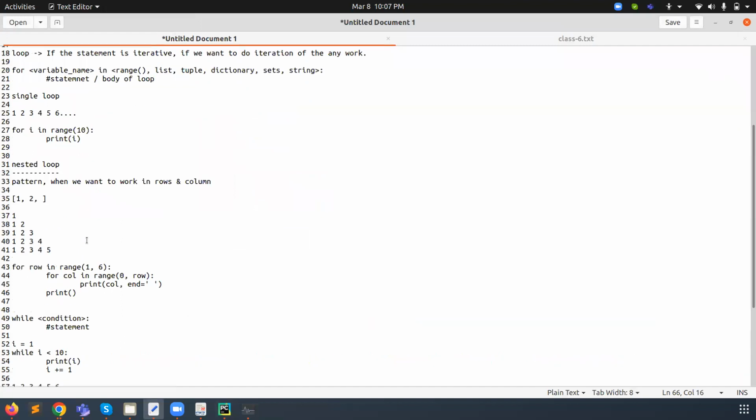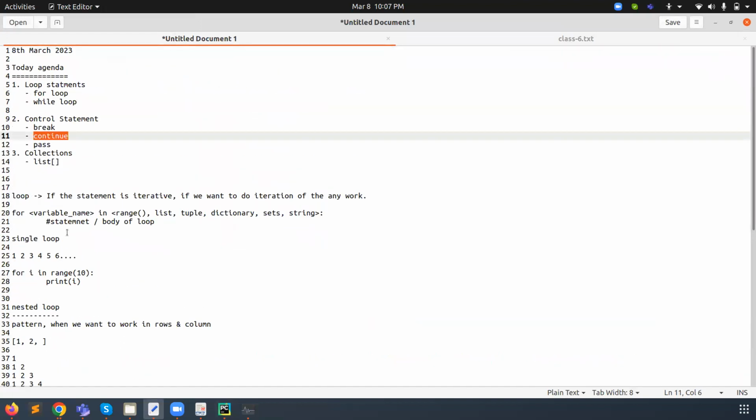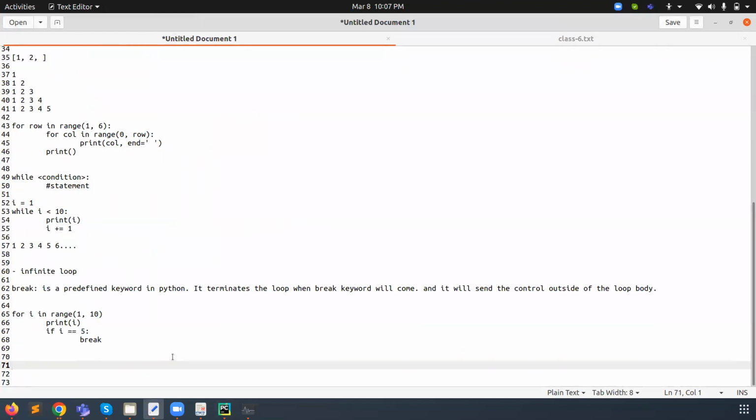Now the next one is continue. Continue is also a keyword in Python.